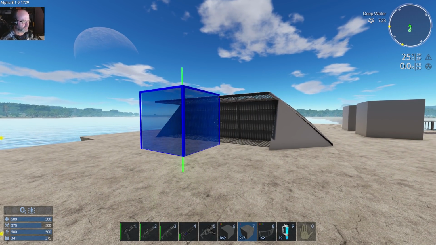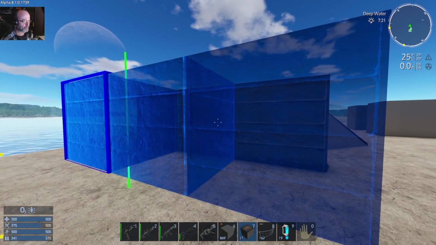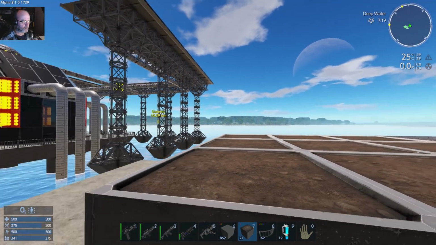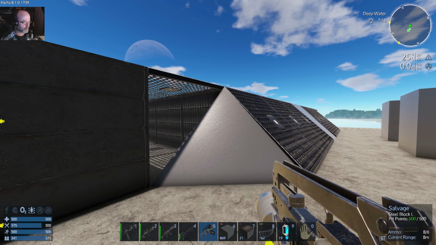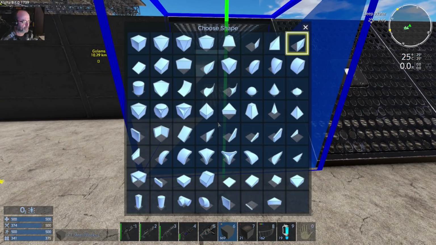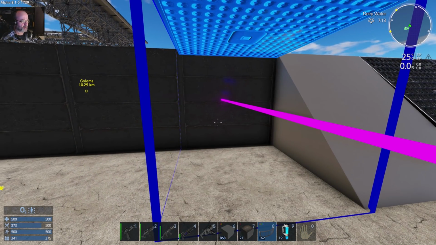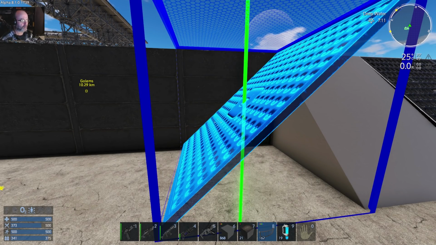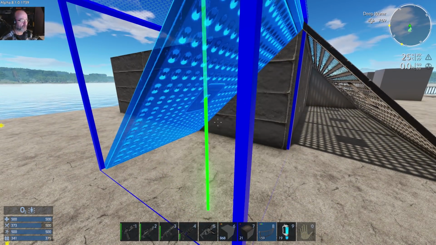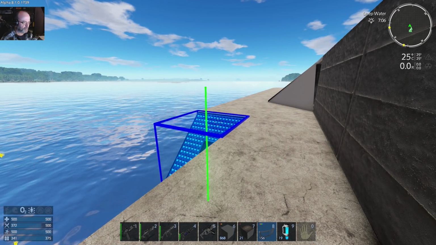All right, let's look at our growing pots again. So 3, 3, 3. Right, now we will retrieve that block. In one of those. Come along there. Come along there. We probably should put